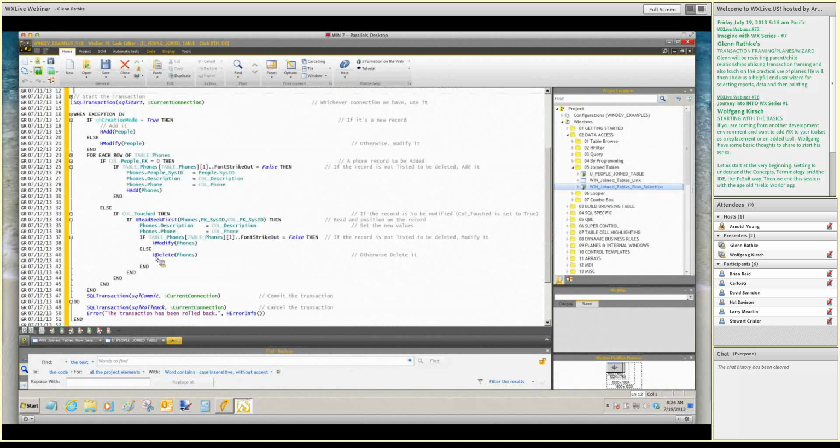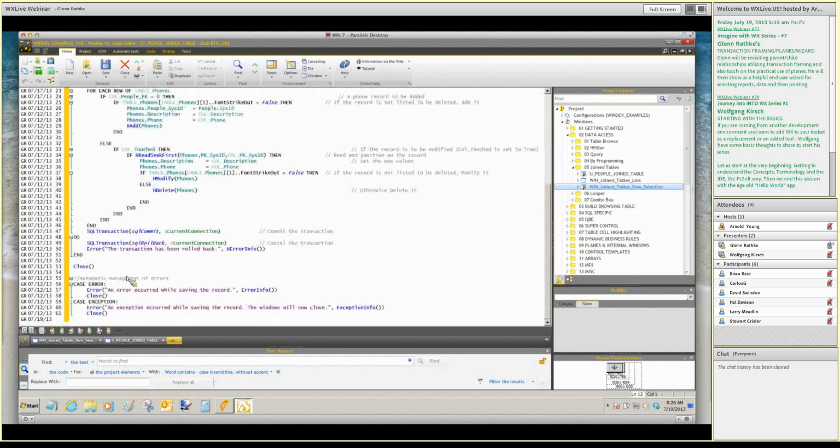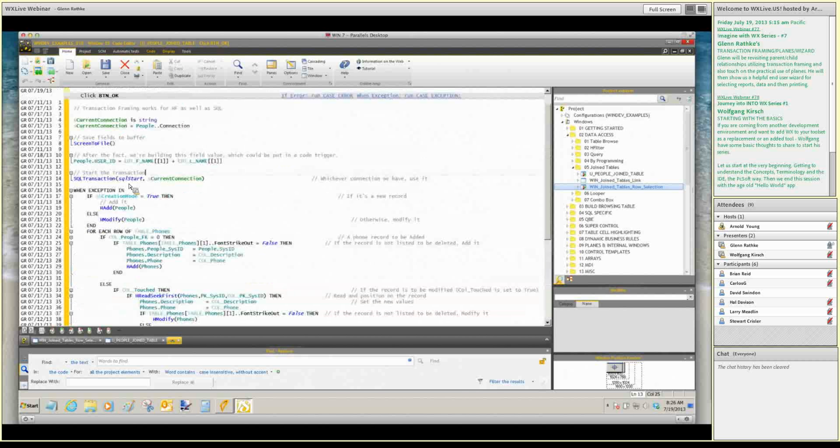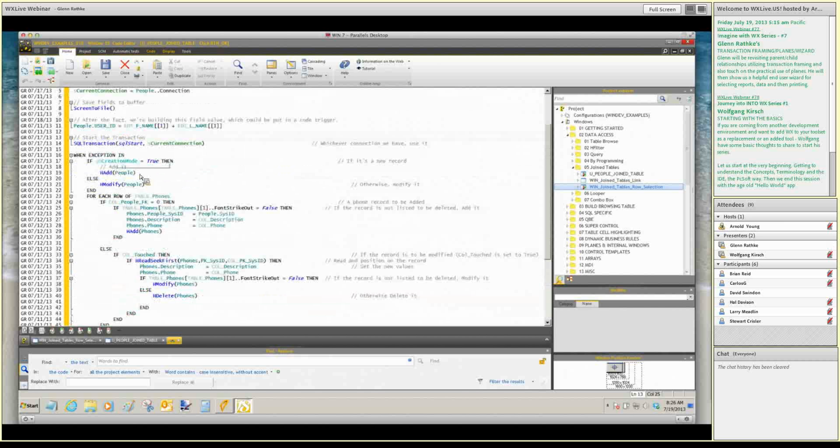Well, there's really no sense in doing a rollback if you haven't done a start. So I kept it outside of the when exception in. And if there is an issue there, then our automatic error trapping will handle that case. Okay? So we start the transaction, we get in our structure of one exception in,